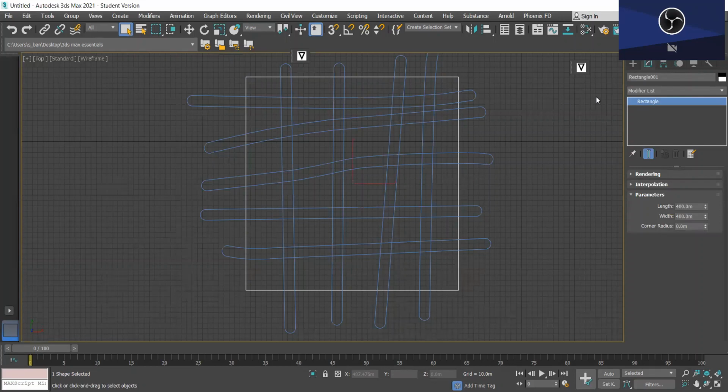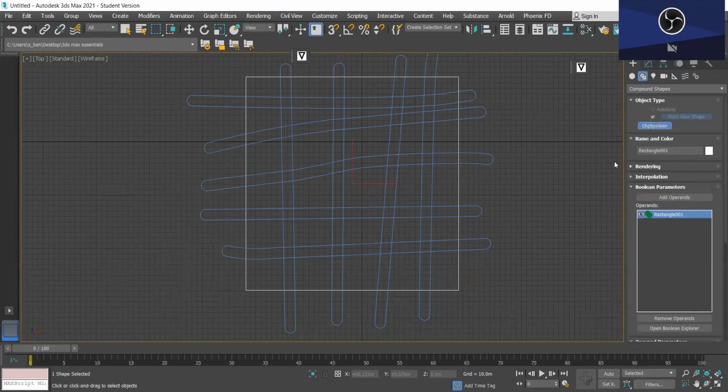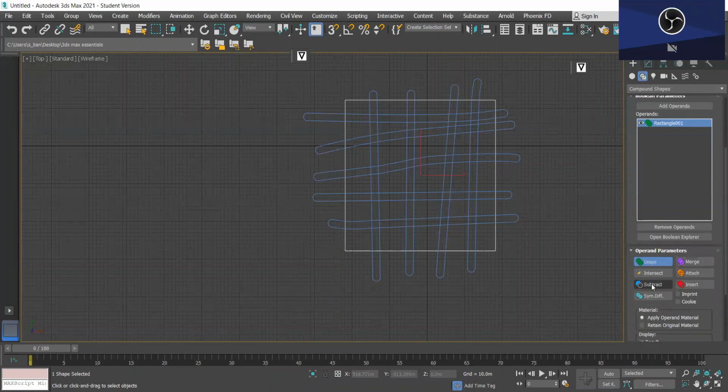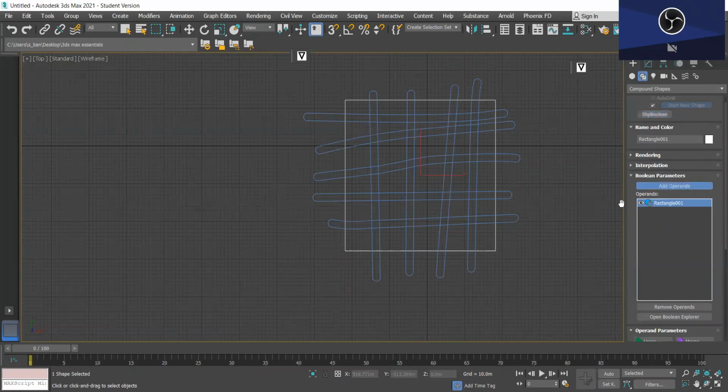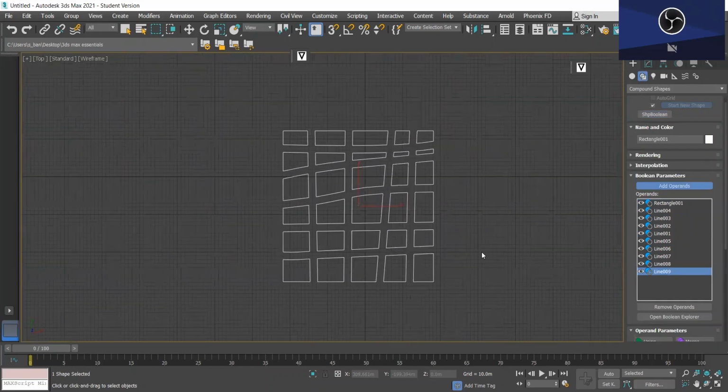So to do this, I'm just going to highlight the rectangle. Then I'm going to go into the Create panel and go to Compound Shapes. We're going to do a shape Boolean. So to do this, first I'm going to go into Subtract, and we're going to subtract the roads. So click Add Operands and just select the roads, and then they should delete as you select them. Okay, so now that we have this basic shape,